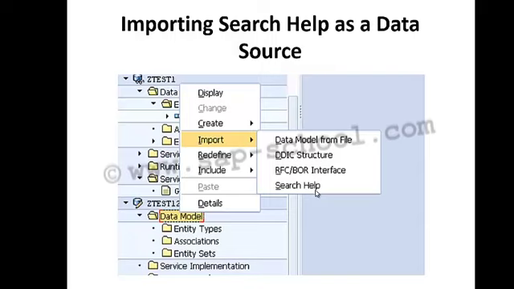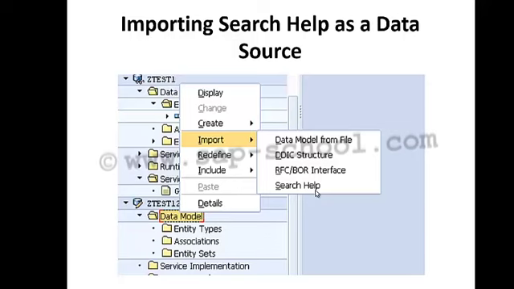Basically, the features of importing the search help parameters are that we can import the search helps as data sources using the import wizard to create a new entity type and a corresponding entity set in our project. When we import a search help as a data source, the tool will check that the search help we have specified exists and that it is an elementary search help, and it also returns the search help description. It will also build the search help parameters that we specify, and create a result table and range tables based on the logic described. The maximum hits data element is provided automatically in the service builder.